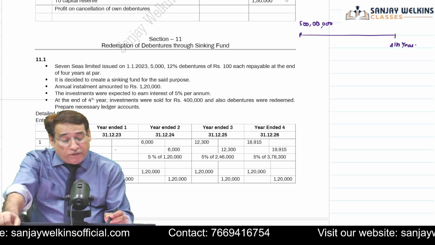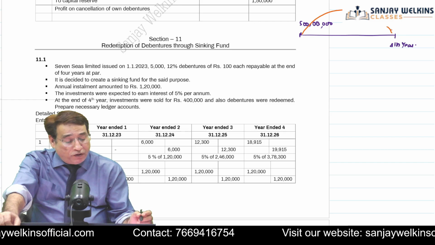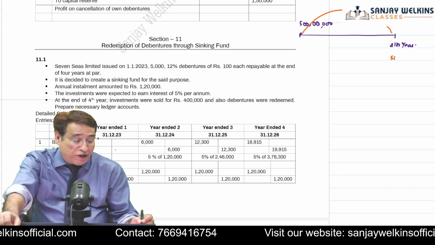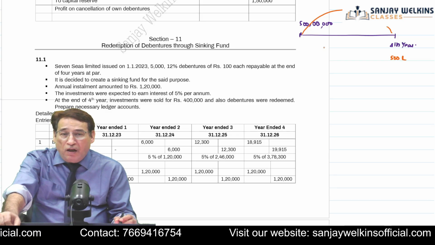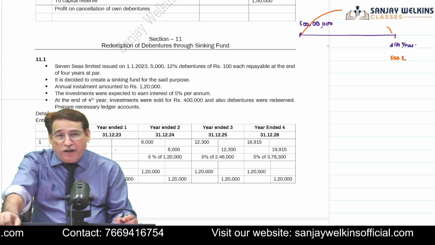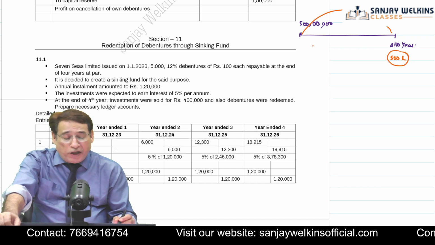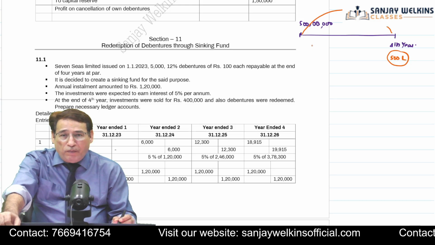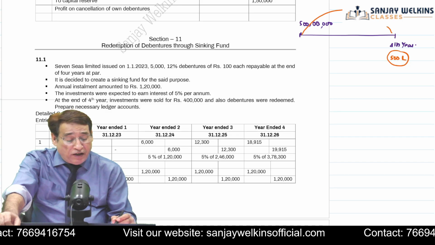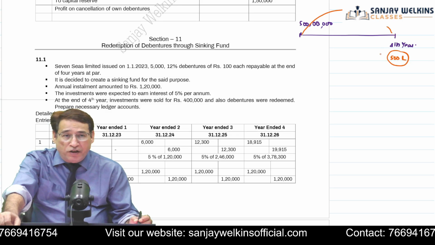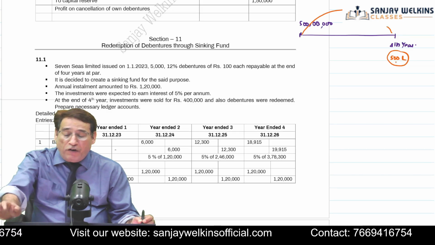Even the directors of this particular company know that at the end of the fourth year, we shall require near about 500 lakh rupees to make the payment or to honor our commitment. And 500 lakh is not a meager amount, is it? It's a pretty huge amount. So in practical life, the normal policy of a company is that whenever the time of redemption approaches, we may require a heavy amount of cash to honor the commitment. So they want to play safe.